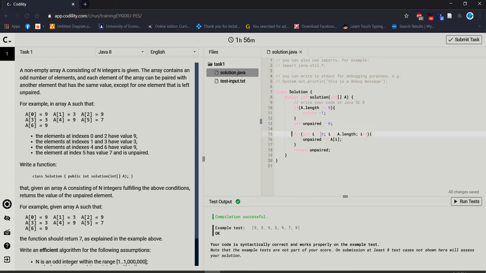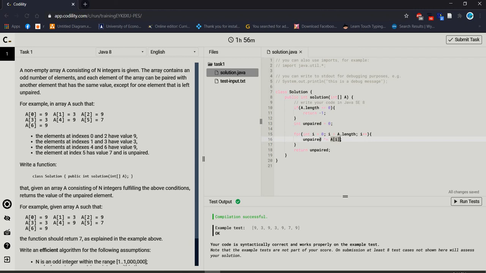After that we use a for loop. Inside the for loop we go through all array values from index 0 until the length. After that, for unpaired, we use the variable again for checking. This variable will take the value which is unpaired inside the array, using XOR with the array elements.